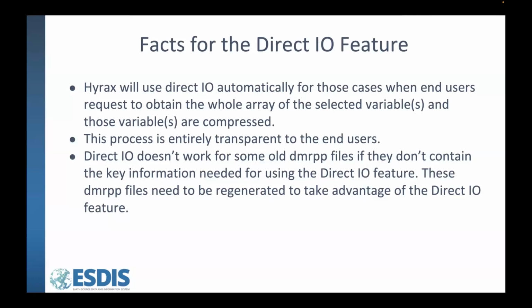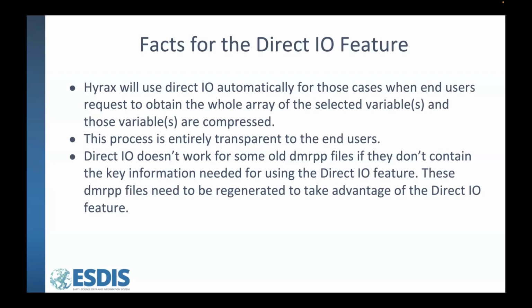If you have a Hyrax that supports direct IO, basically direct IO will be used when it finds that it can be used. And it's variable based, it's not file based. So if I have a couple of variables in a file that can use direct IO, Hyrax will do that, and the other variables will still use the general approach. But these variables must fulfill